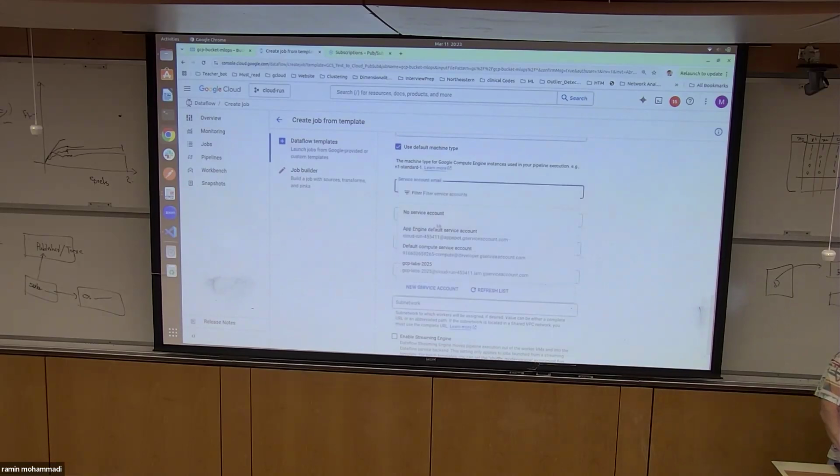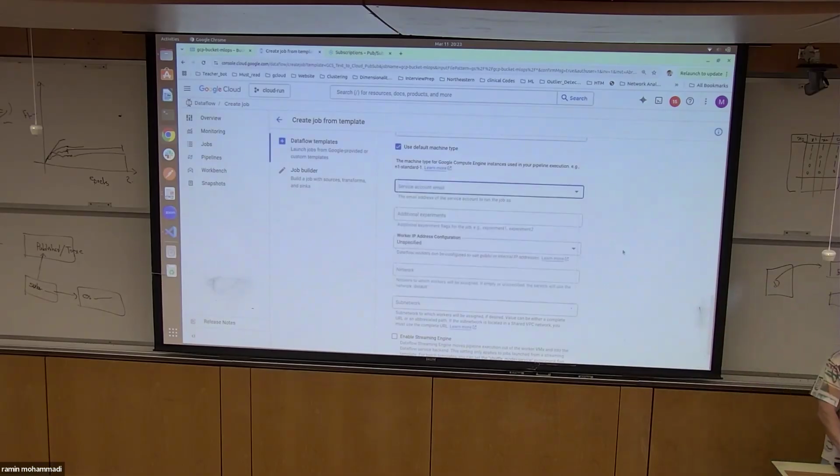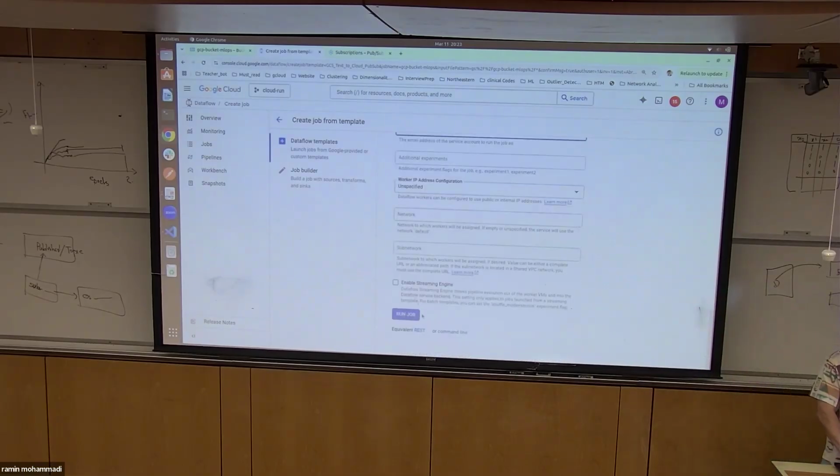You need a service account, which is the service account corresponding to this project, to this account that you're using. You select that, and then you do run job. So what it does basically,